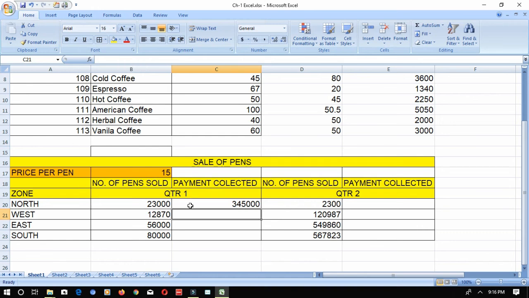If you have to copy the formula now, using the autofill handle, go to the bottom right corner, you will see a plus symbol, hold the left mouse button and drag it. Now can you see the change in the formula? B17 did not change, but B20 has changed to 21, 22, then 23. This is called absolute cell referencing. When you include the dollar symbol in front, it will not change, it will remain constant. Now we understood the difference between absolute and relative cell referencing.